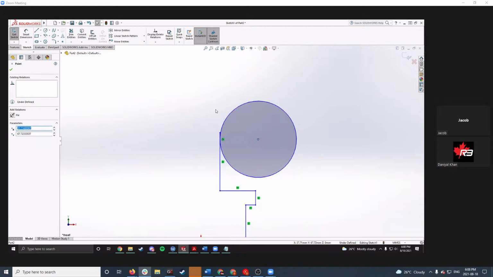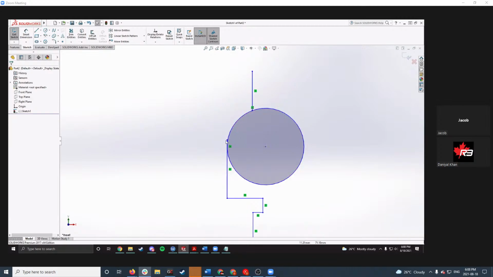So if I continue this way and then come up from the circle, this actually drew the line tangent to the circle, but I don't want that. So I'm going to select this green tangent relation and just hit delete on my keyboard to delete that relation because I want this line to be vertical. So I'm just going to select the line and select vertical on the left because that's how the profile of the part is. So now I have this basic shape that matches the part,